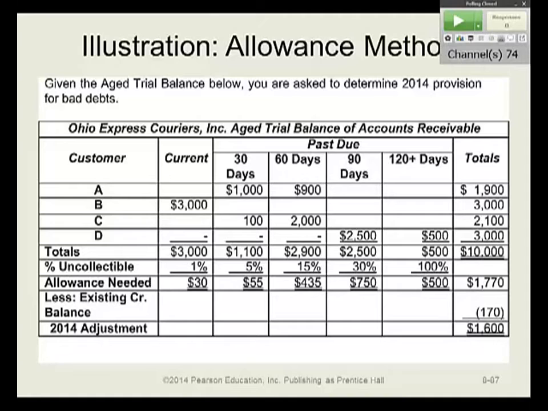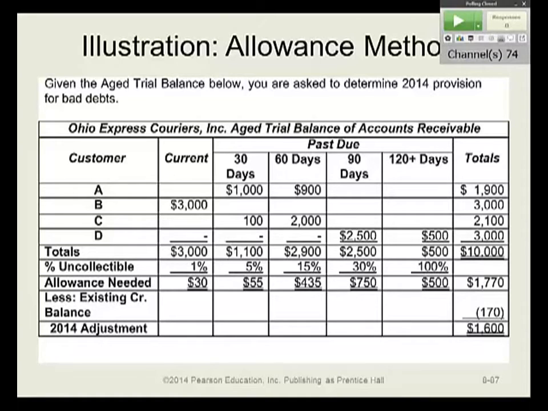When you use the aging, it's a little bit more precise because you go in and you take percentages of the individual categories. So if you take these percentages against the individual categories, we're going to come up with the allowance needed. That's your target balance. Now, you're not going to do a target against each category. You add that up. So the balance that you have to have in the allowance for bad debts is $1,770,